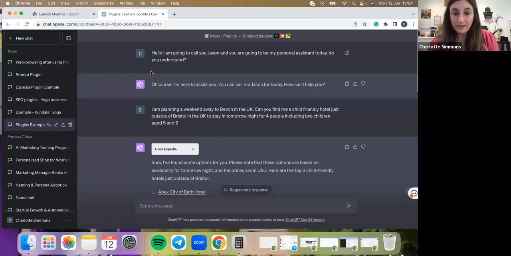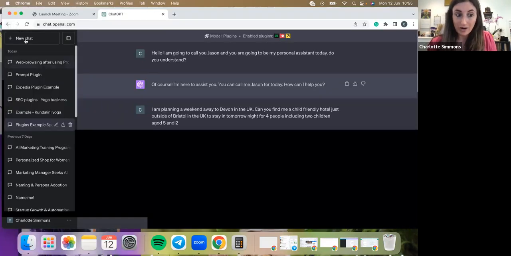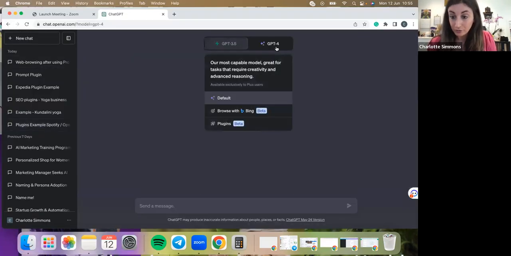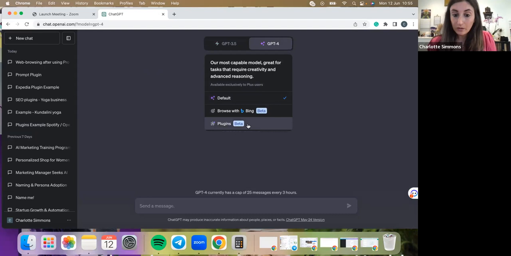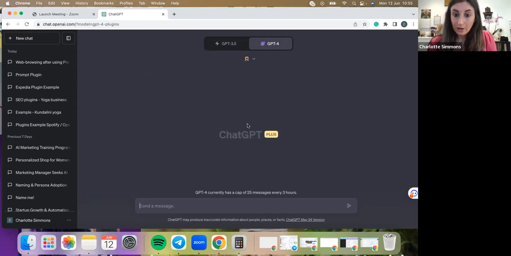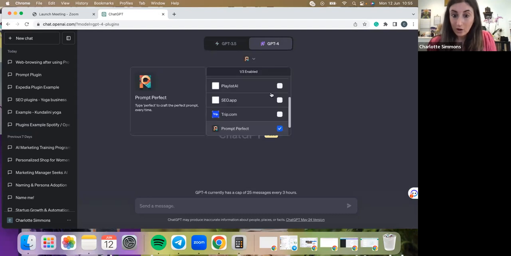So firstly, I just want to take you through the plugins, how you actually set it up. You open a new chat, and in order to access plugins and web browsing, you need to have ChatGPT 4 installed. So if we start with plugins, you go to the plugins button, and here you can click which plugin you want to have installed. I've got a few different ones that I've been playing around with, but there is actually an entire store